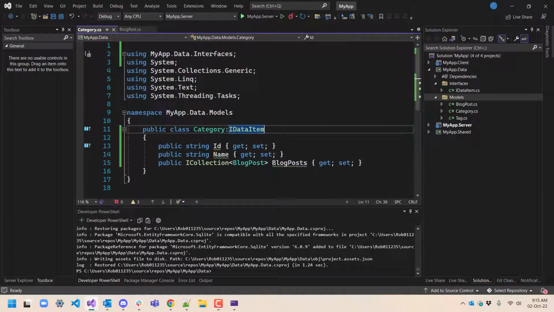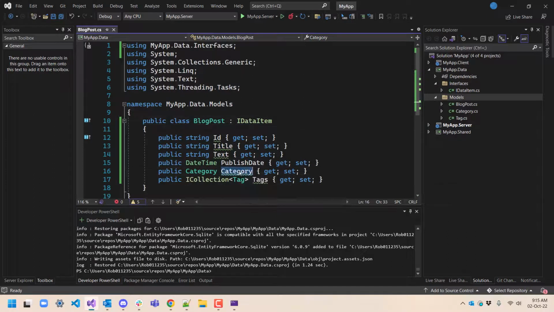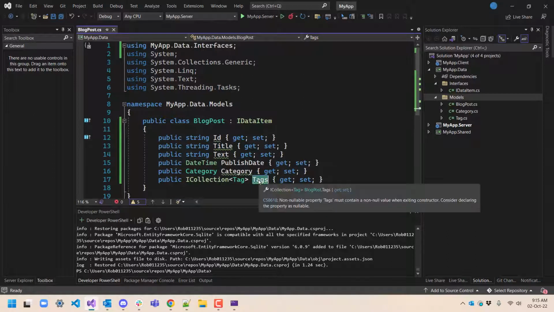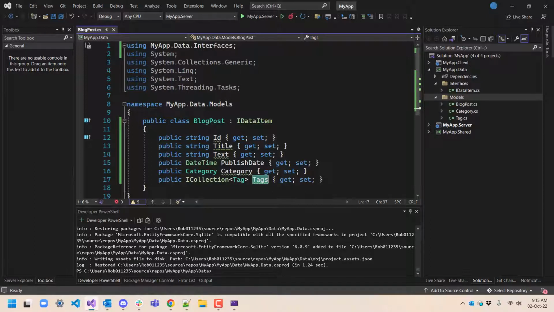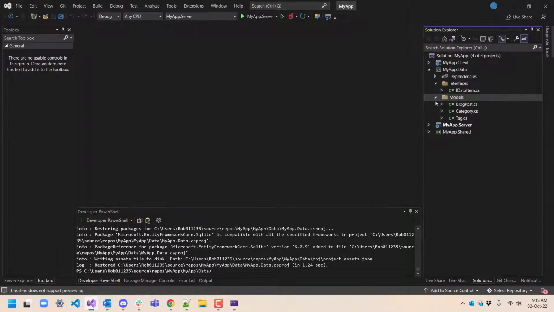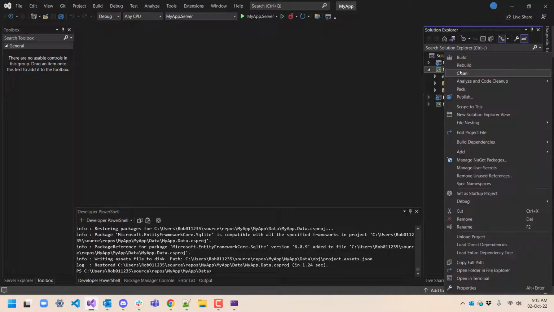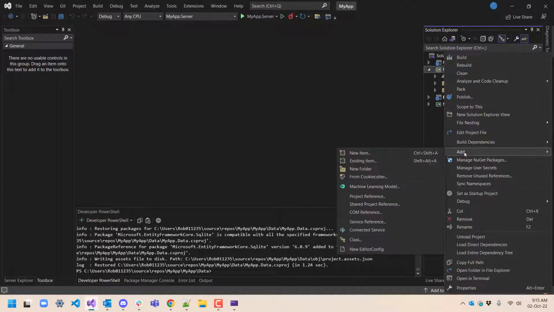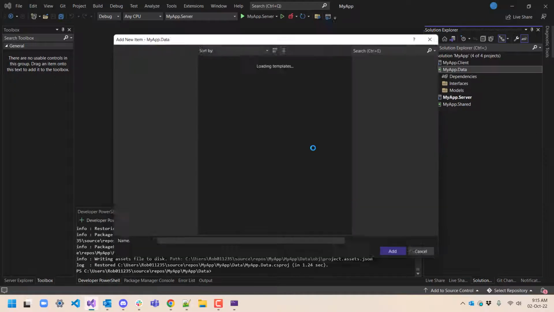We have a category, which has a collection of blog posts. We have a blog post, which has a category and a collection of tags. So interfaces in our models, and then we need a DB context, and that's just going to be a class at the top level of